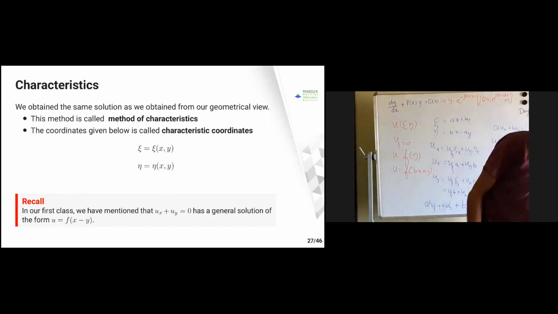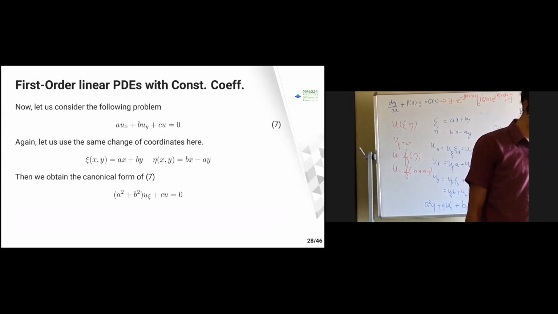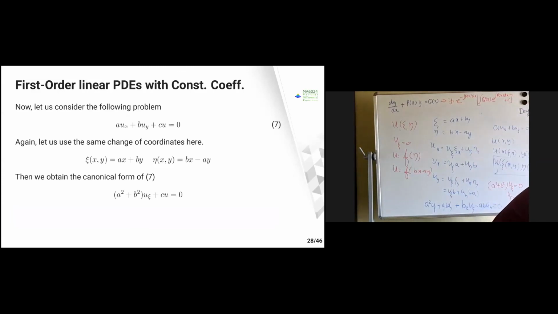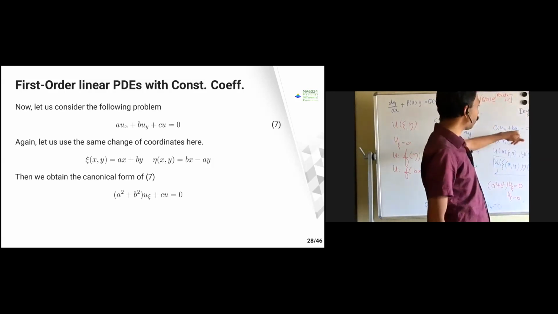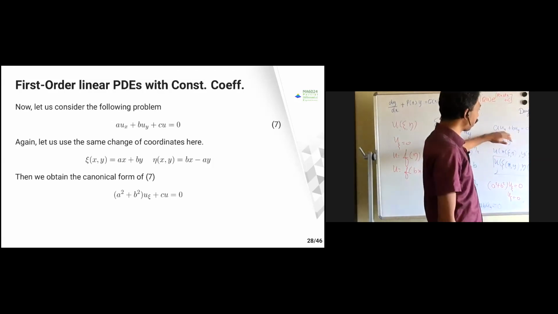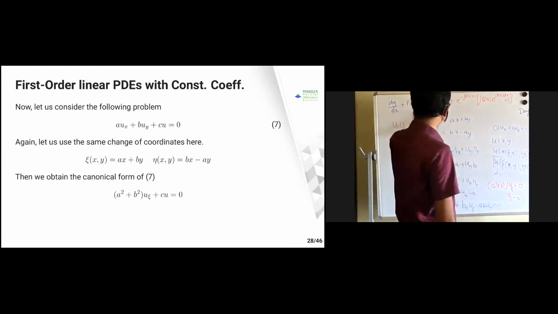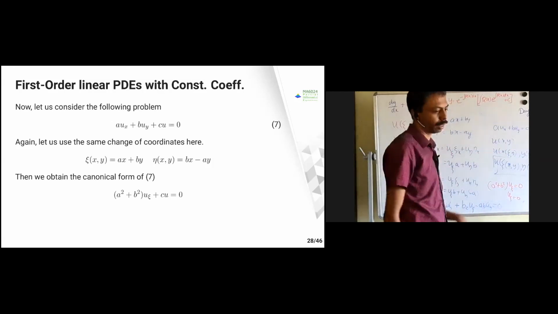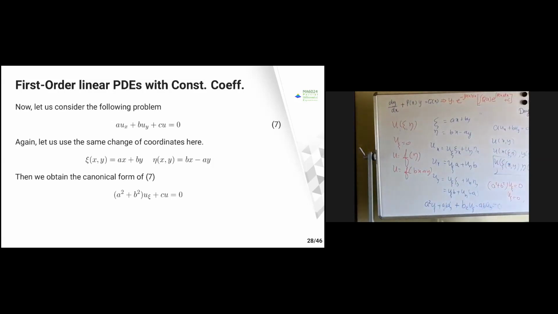Fine, that's all. We'll go to the next one in the next class. We were supposed to solve a u_x plus b u_y plus c(x,y) u equal to f(x,y). Now we solved a simple one. Now we'll introduce c u also, and then we will reduce to this form. In the next class we'll see that, almost the same way, the equation will reduce to an ODE.